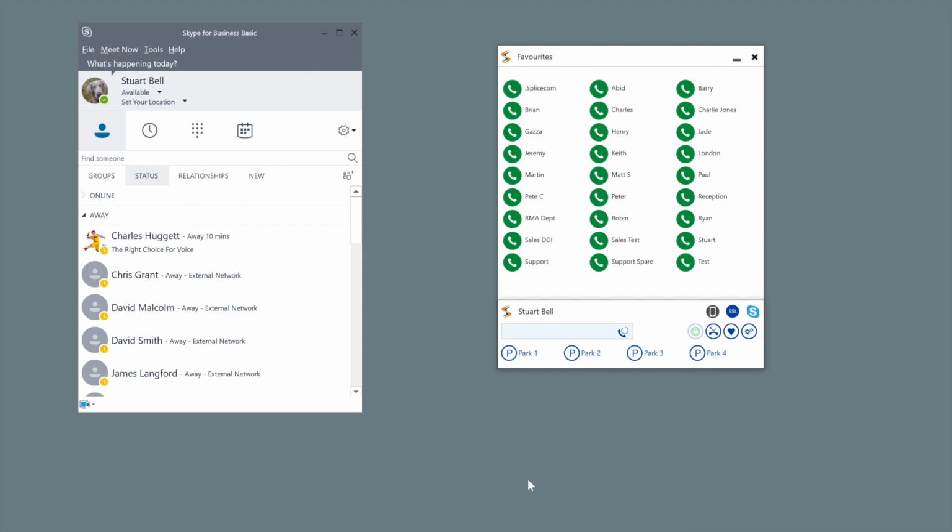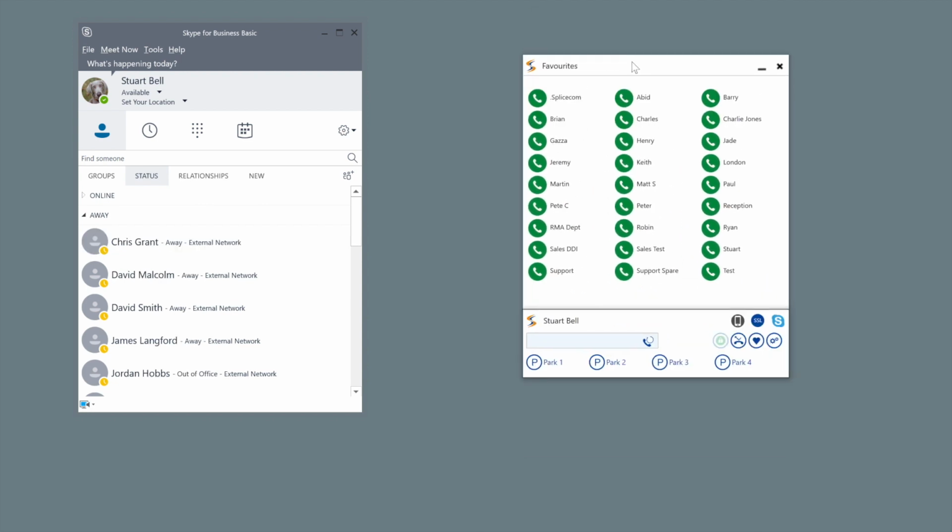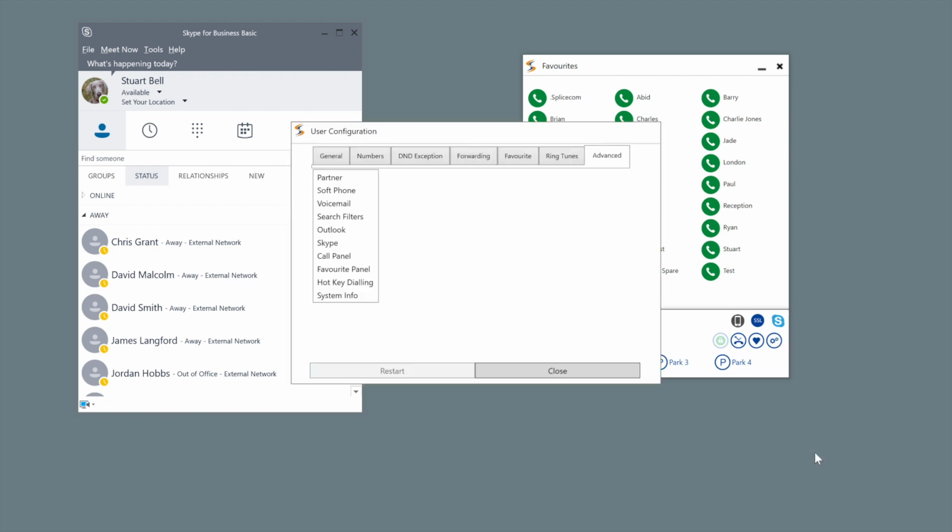Now, the traditional way of working is to have my Skype to the left here, and then on the right I have my Navigate control panel, and I've actually docked my traditional telephony favourites here. But if I don't wish to be using the traditional telephony favourites, and I wish to do everything through Skype, I can click into my settings, go to my Skype selection, and if I click docked here and close,